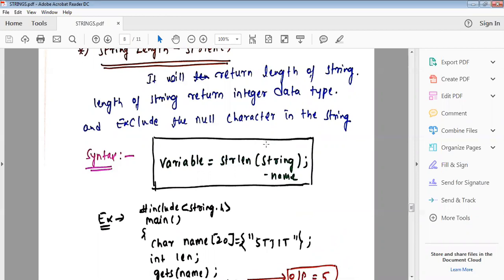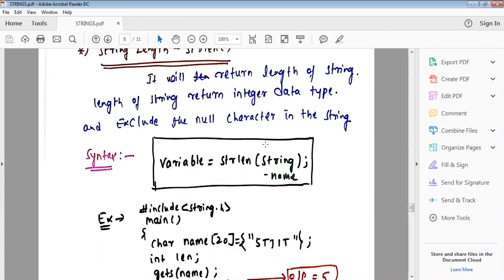An argument is a string: stgit is one argument, computer is another argument, science is another argument. Here in strlen we check only one argument, which means we are taking only one string. We are not taking two strings here. We are taking only one string and finding the length of that one string.